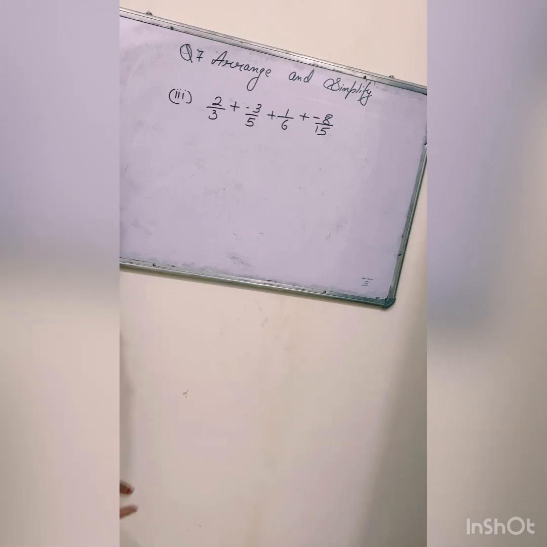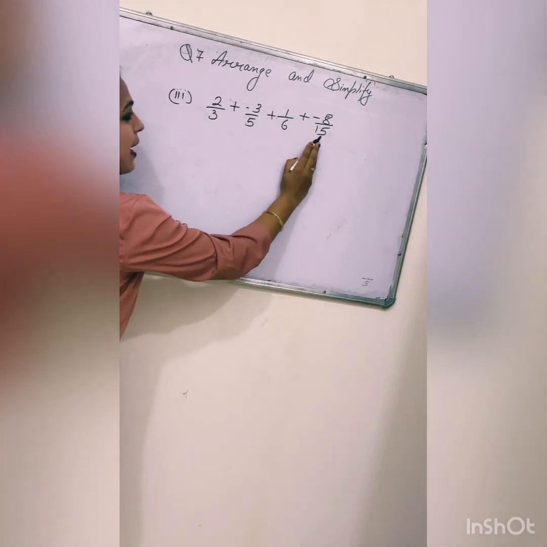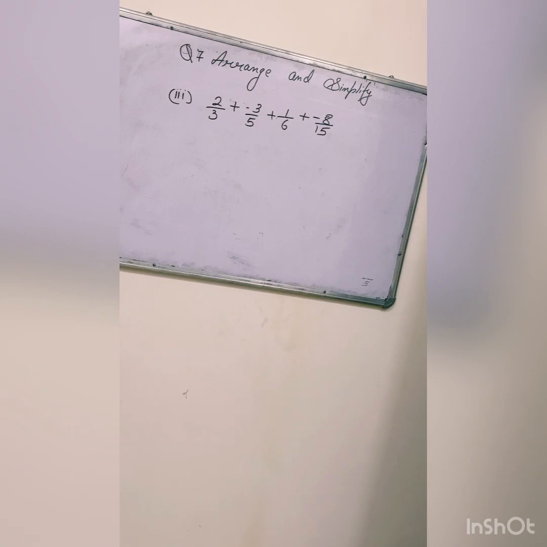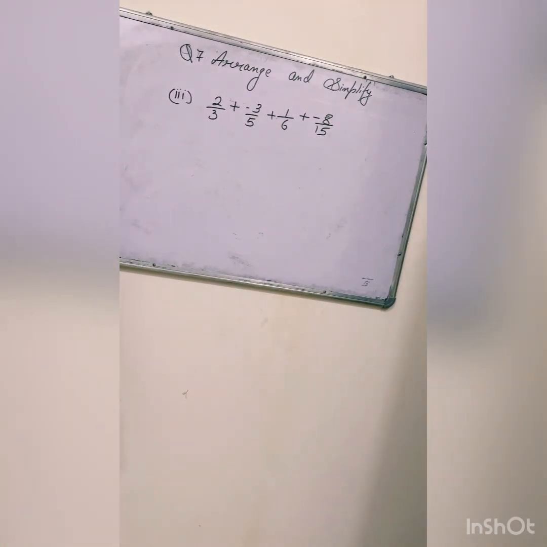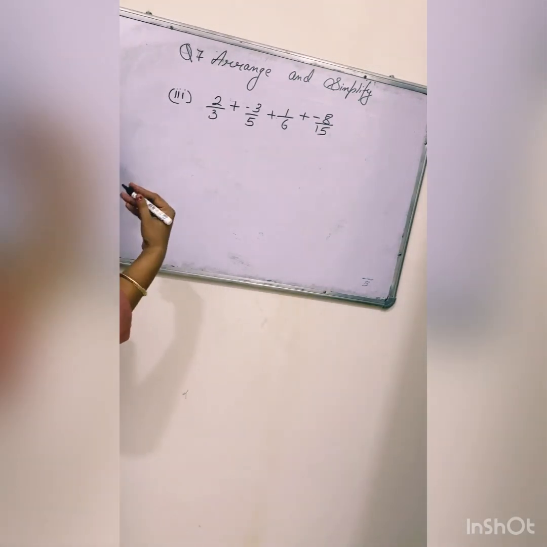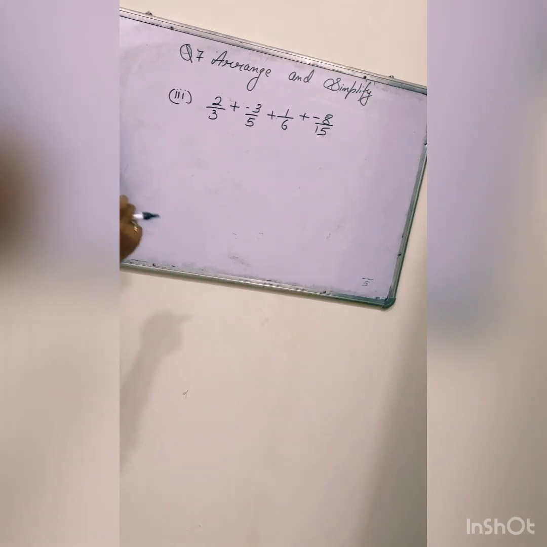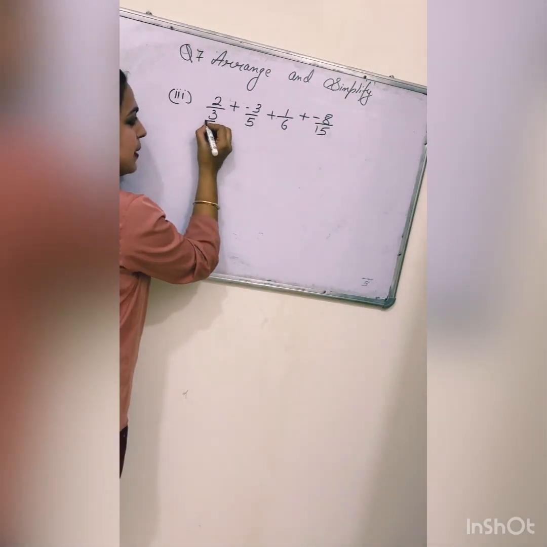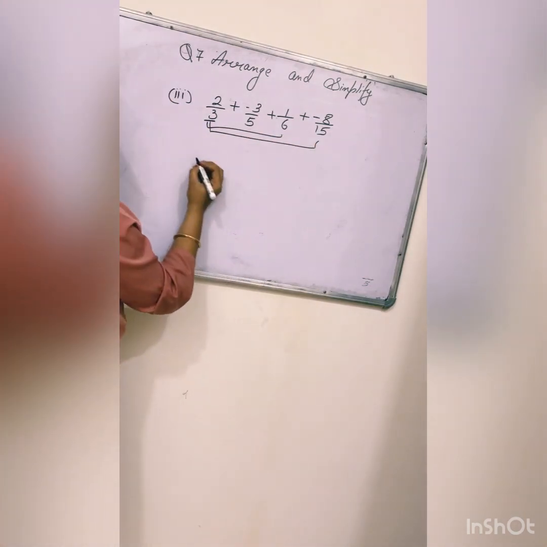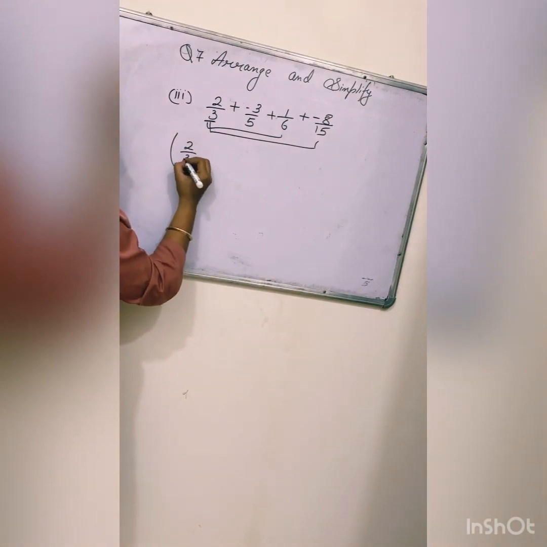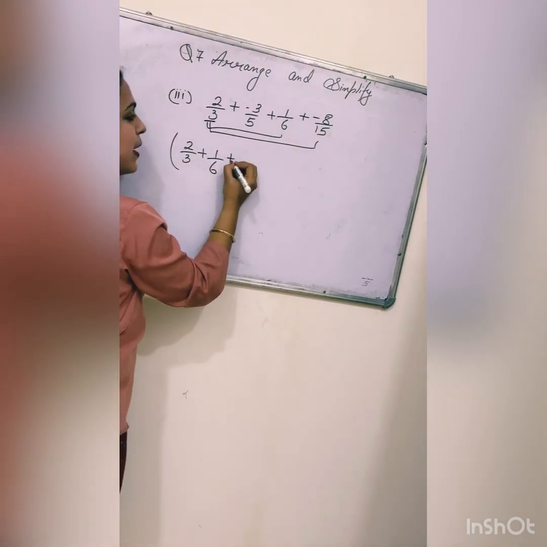In the previous question, what we did was bring together the ones with the same denominator and then simplify. But here, if I see, they do not have any same denominators. So how are we going to solve this? We will think about how we can arrange. We'll bring together those numbers whose denominators are multiples of each other. In the denominators, like if I see, 3 2s are 6 and 3 5s are 15. So we can bring these three together. This is one way.